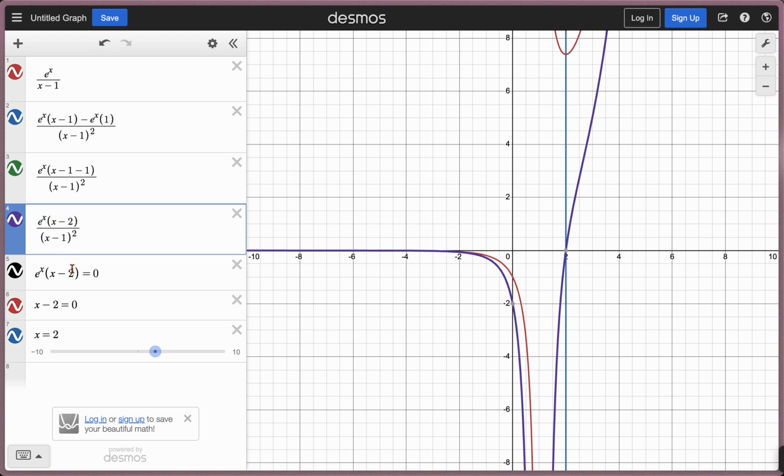Then you would use the numerator and set it equal to 0, since this is the derivative form. You set it equal to 0 because you need to find where the derivative is equal to 0 or undefined to find the critical points of h of x. So we set that equal to 0, and then you get rid of e to the power of x, and then finally you get